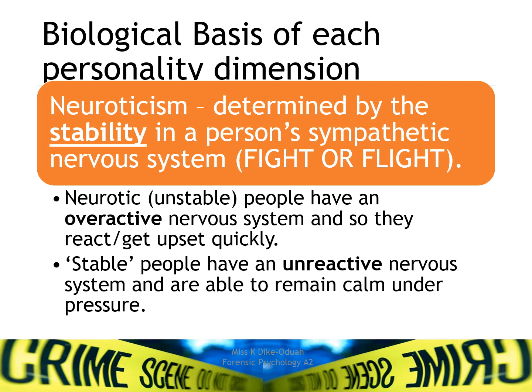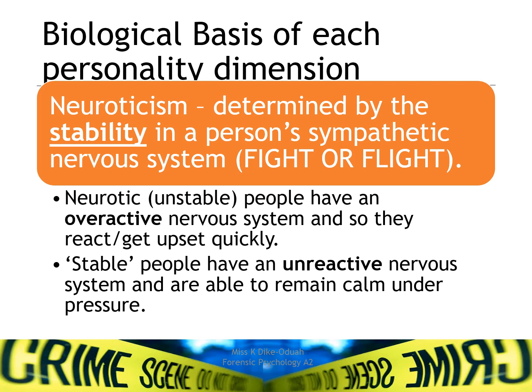Neuroticism as a personality trait is determined by the stability in a person's sympathetic nervous system. And we know that the sympathetic nervous system is responsible for our fight or flight response, and that is our body's response to threatening situations. Now, neurotic or unstable people have an overactive sympathetic nervous system, and so they react and get upset very quickly, even when the stimuli doesn't call for a response such as fighting or fleeing that situation. What that means is that in terms of criminality, it means that they are interpreting non-threatening situations as threatening situations, and that could possibly explain why they fall into